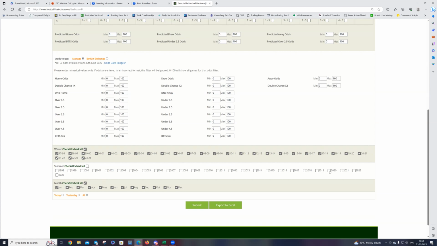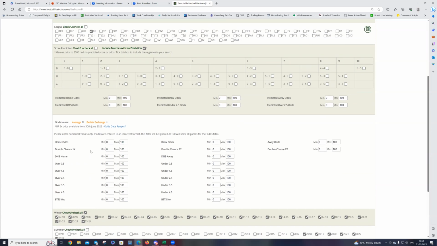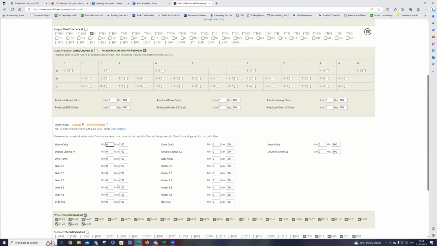Because it's not really worth looking back to, I would say, more than 5 years, and even that's a stretch. But if I was to say 5 years, you can have a look. You'll probably find that the odds that the bookmakers used 5 years ago is no longer current now. Okay, and they start to just slightly change it. Maybe it didn't work, maybe they weren't profiting so much, they move it slightly. So I'm going to put just the last 5 years,